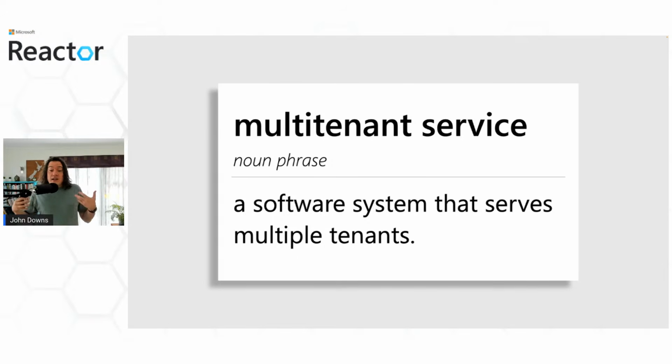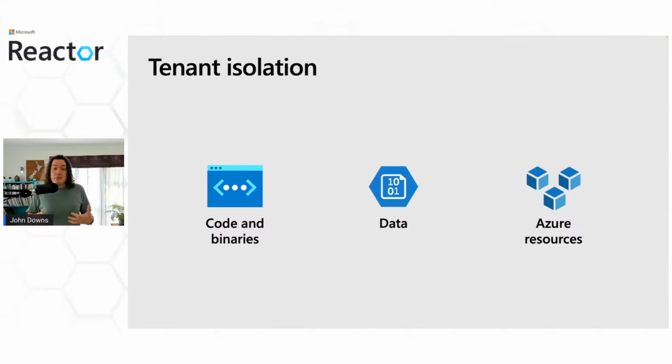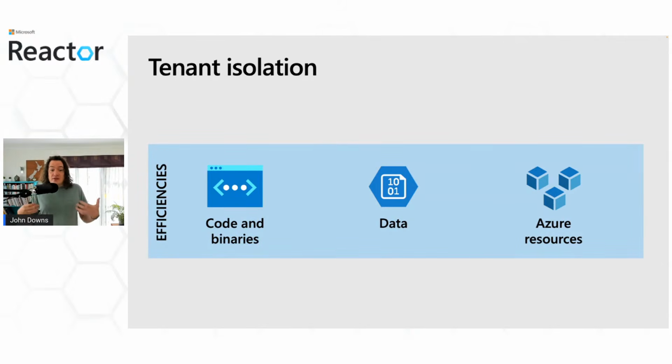Now, as we talked about earlier, multi-tenancy doesn't mean that every single aspect of our system is shared, but there's some level of sharing of resources. So this might just include the application binaries, but it could also include some of the data, or even all of the infrastructure. And the degree to which you share your resources and the ways in which you share them are decisions that you as the platform vendor need to make, because they give you efficiencies in your costs and management.